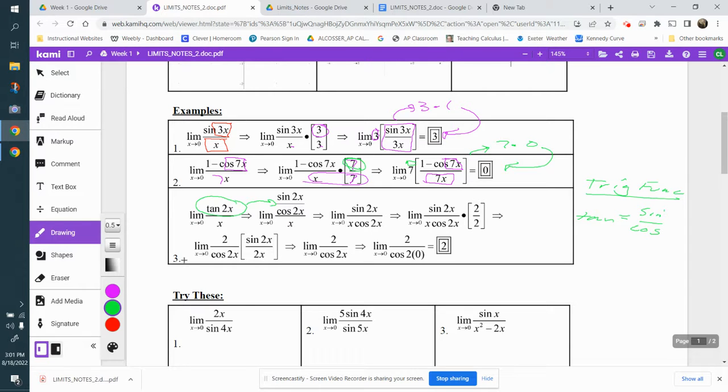Now I've got a fraction over the denominator. Now, here's a little trick. This is over 1, right? So what happens is this denominator flips